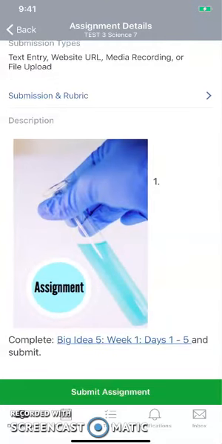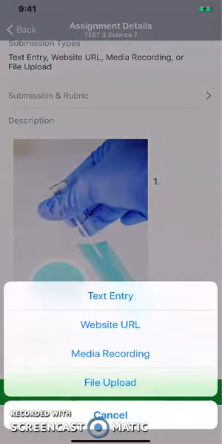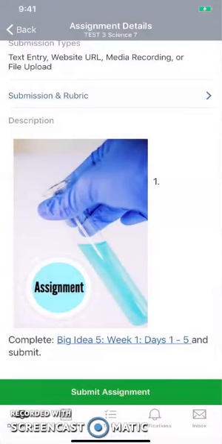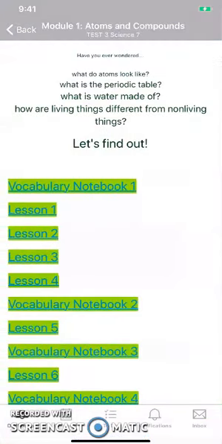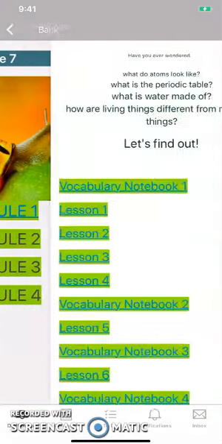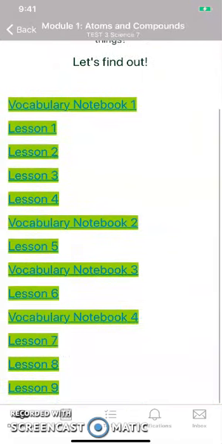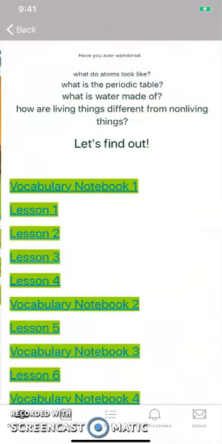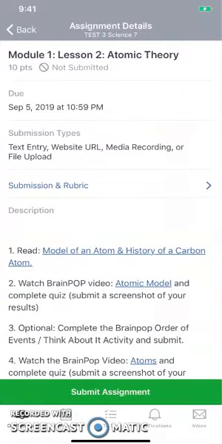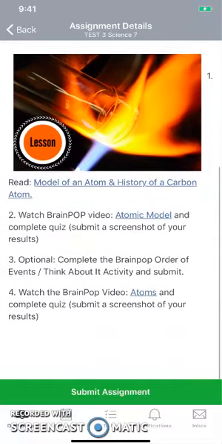So if I wanted to submit the work, I would just go on submit and choose how I want to submit it. It's super easy to navigate, and you just use the back buttons to get back to the page that you need to go on to navigate. So just back and forth. I could go to lesson 2, read what I'm supposed to do,